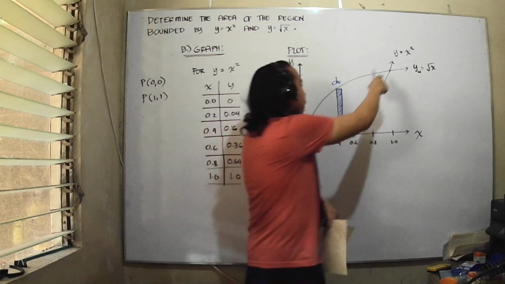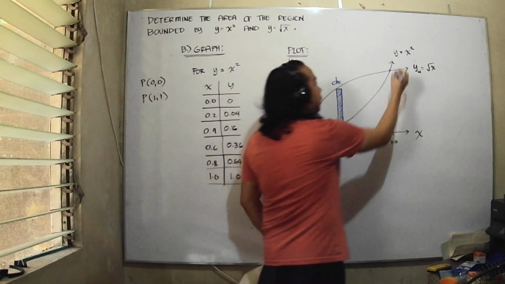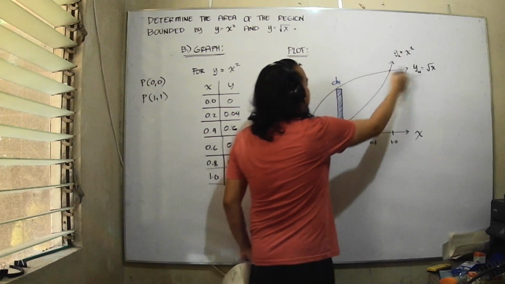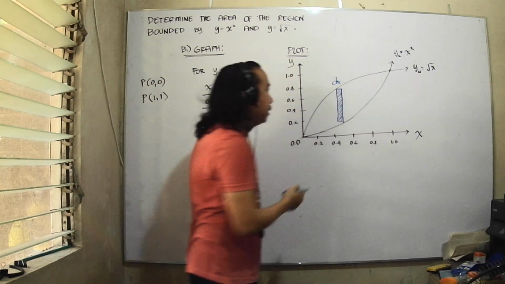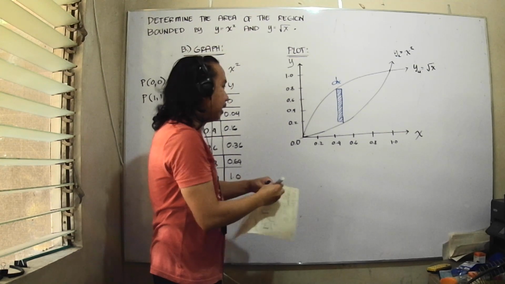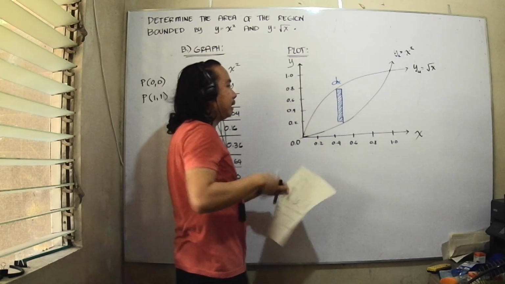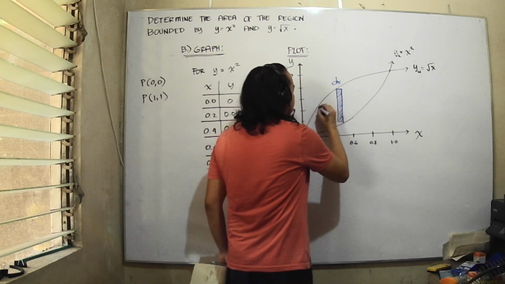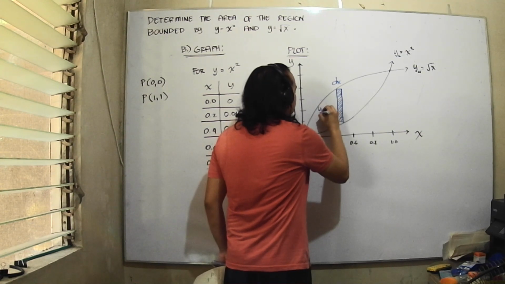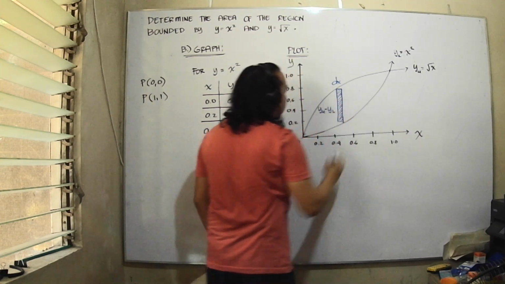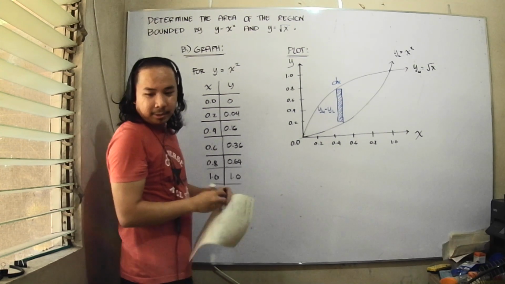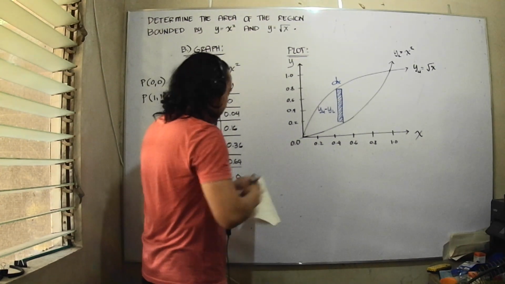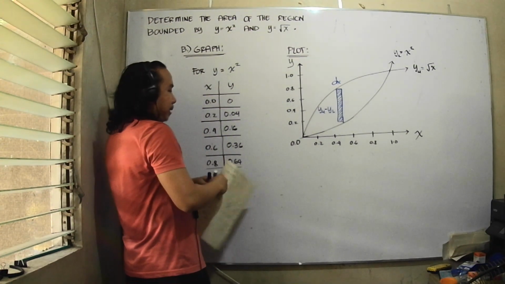And this is the lower. This is the upper, and this is the lower. So it comes to mind that our length is just equal to y upper minus y lower. Okay, in which